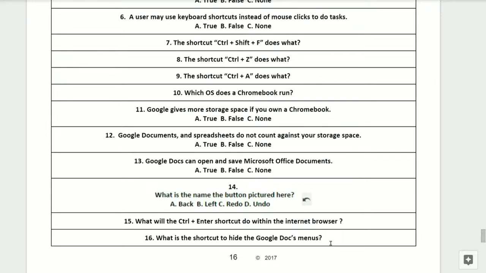Question number 9. The shortcut Control A does what? Question number 10. Which OS does the Chromebook run?